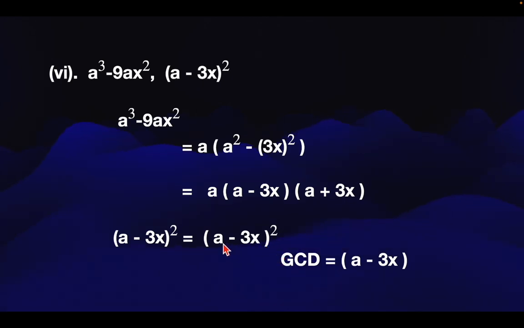So here this is the common factor and the least power is 1. A minus 3x the whole raised to 1. So here GCD is a minus 3x. So here we come to the end of the exercise. Please go through the video once again and